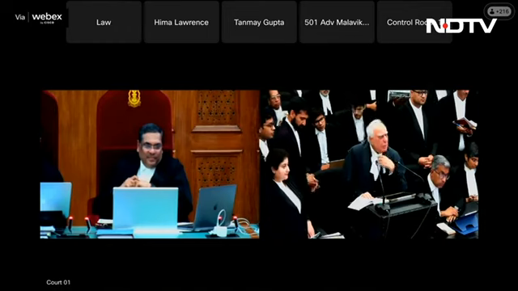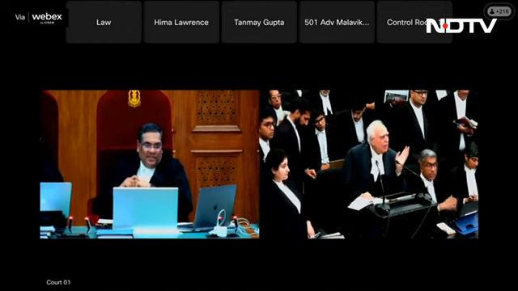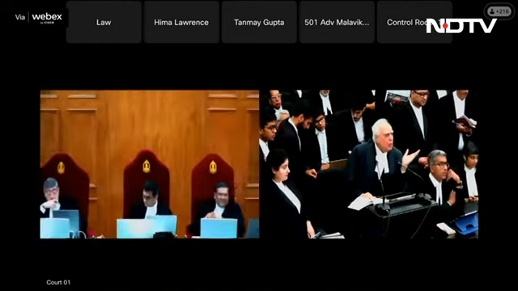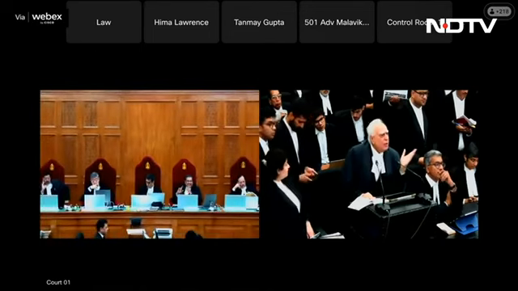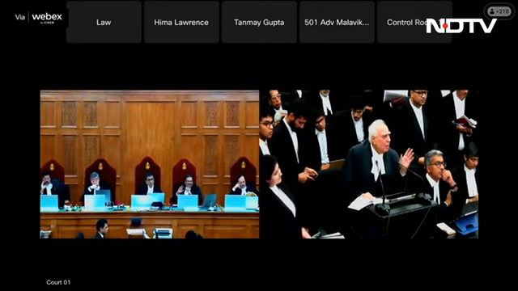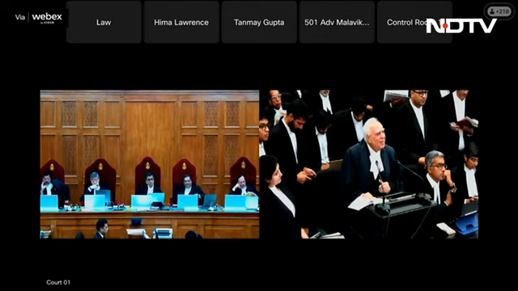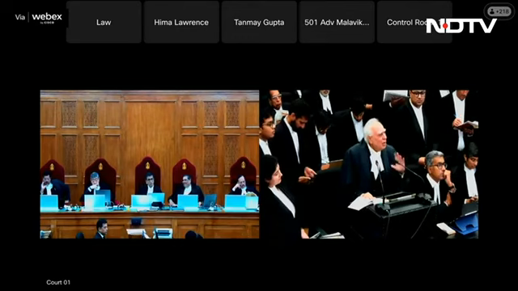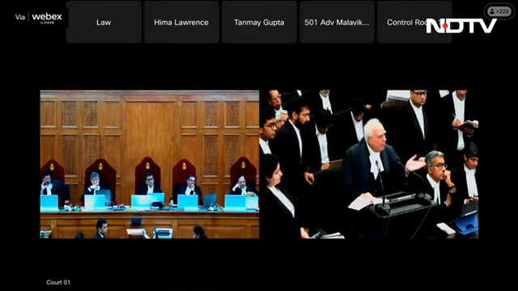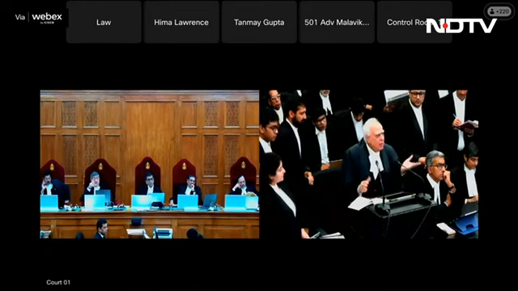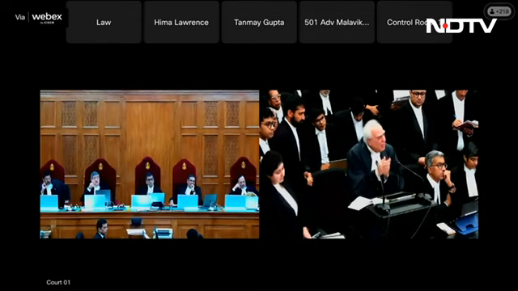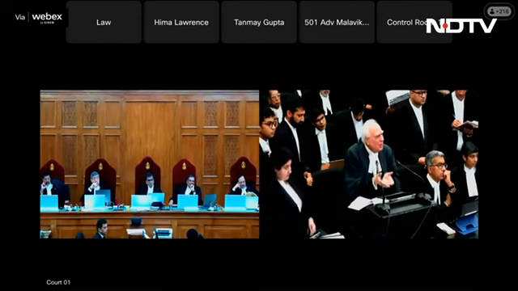I appreciate that, but that will render it completely redundant. C is the provisions of the Constitution. C is something different. C dilutes the article itself. When you say other provisions of the Constitution, except for 1 and 370, you can't touch 370. But let's move forward. I'll be able to show that to your Lordships.